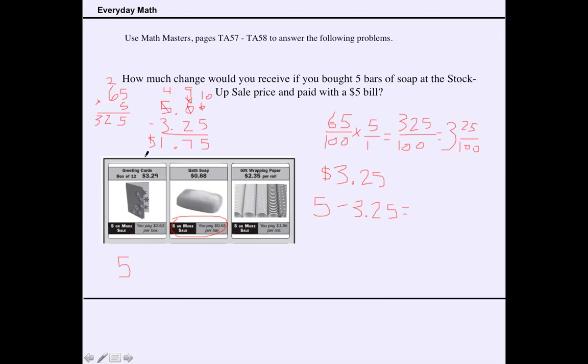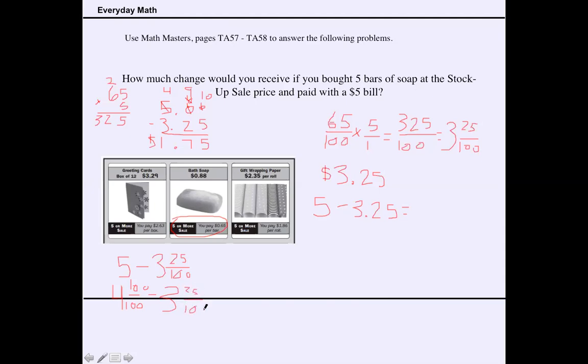The other way that I could do this, if I'm maybe unsure of how to confidently do this with the decimals, is I can subtract 5 minus my 3 and 25 100ths, because we learned how to subtract mixed numbers. And then I know that I can't subtract a whole number by a mixed number. I need to make this into a mixed number as well. So I'm going to turn this into 4 and 100 100ths, because I look here to see what my denominator is,